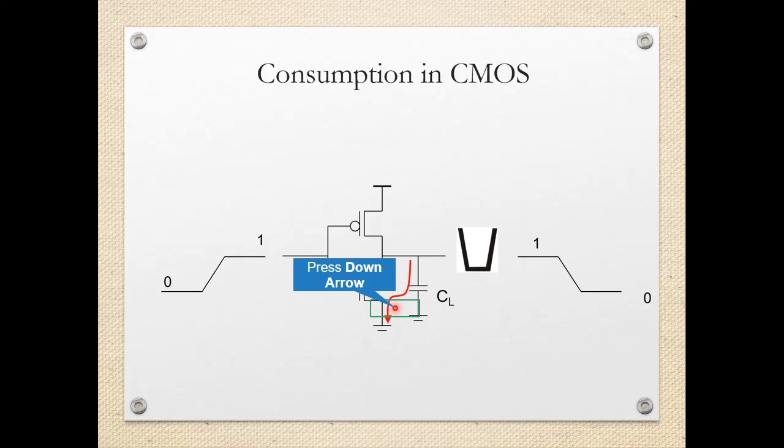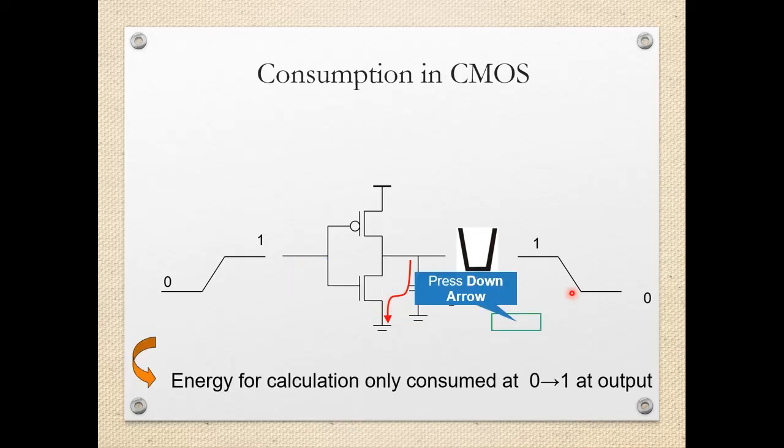So what do these two conditions indicate? Whenever there is a transition of output from logic low to logic high, that is the previous part of the circuit, only during that the power will be consumed from the source through the P MOSFET and the load capacitor will get charged. During the other transition, when the input is logic high, the N MOSFET will be on, VDD will not come into the picture because the P MOSFET is off, and only the charge which was stored across this CL will discharge through the N MOSFET. So there is no power consumption during this transition.